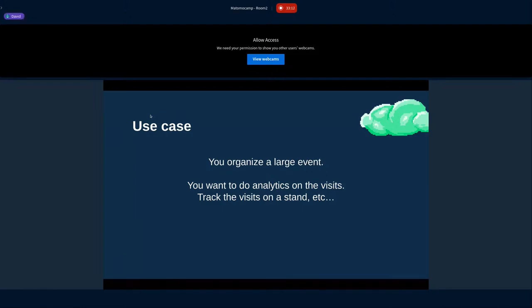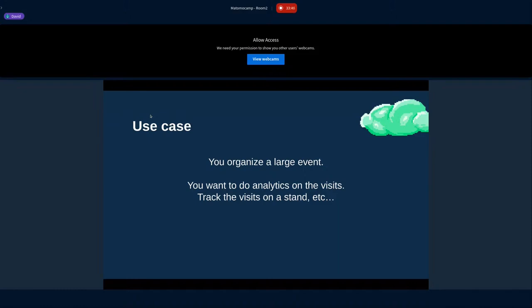And your sponsors want to know how many people came to see their stand, how many people had a look at their website, how many people talked with a representative of the company. Legitimate data you might want to gather, right? And WorkAdventure does not provide that at all. But Matomo does. It's the job of Matomo, definitely.